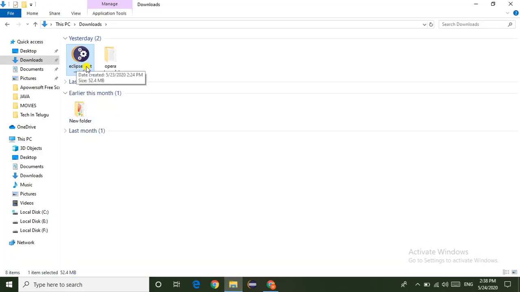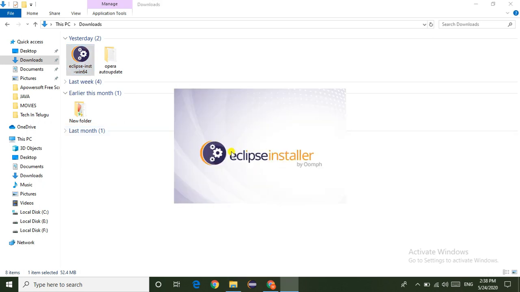Here we can see the Eclipse installation file. Just click on the installation file. Now the installation is going to start. Here we can see the installation is starting.